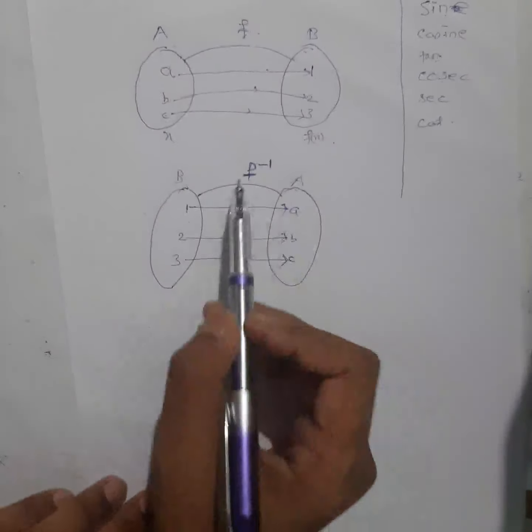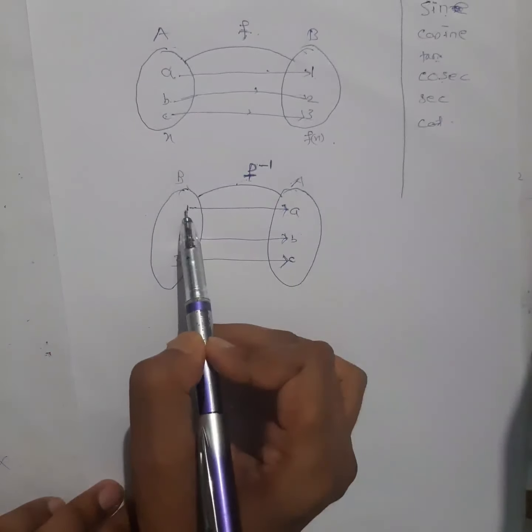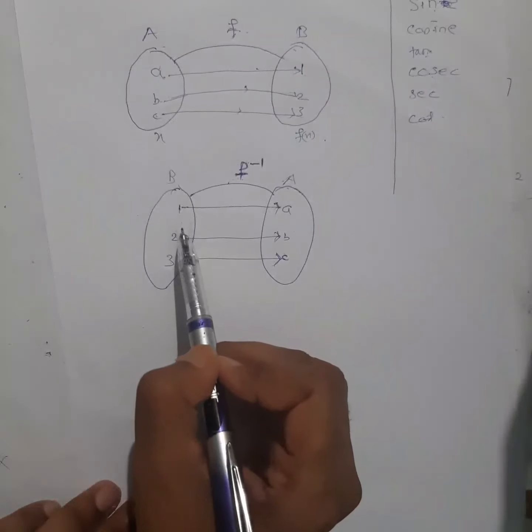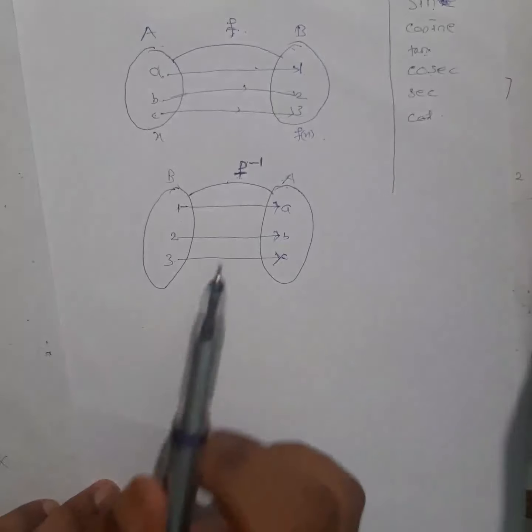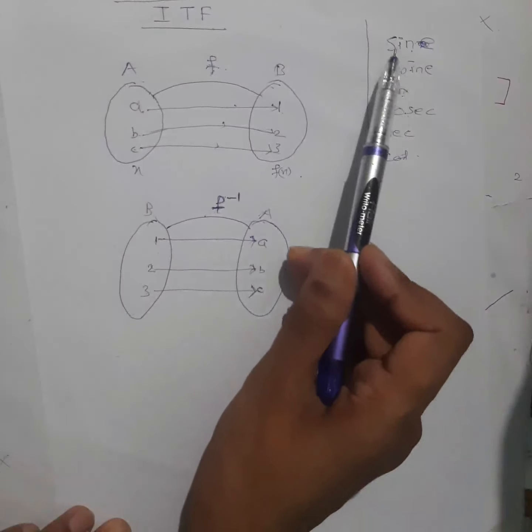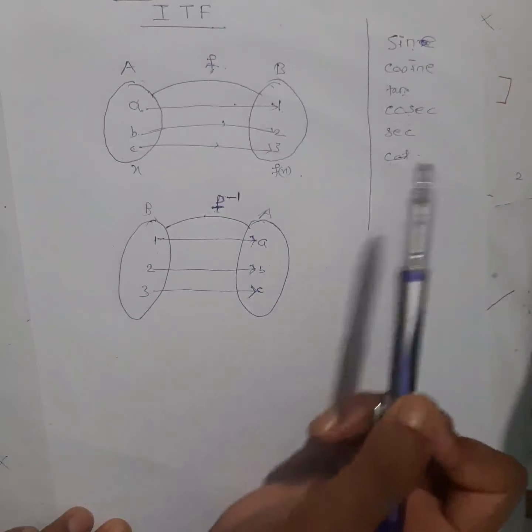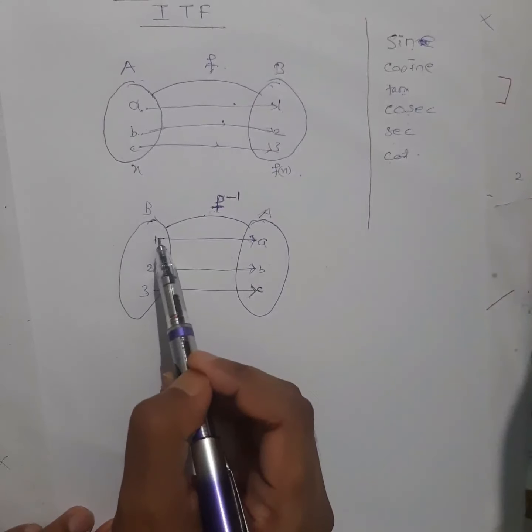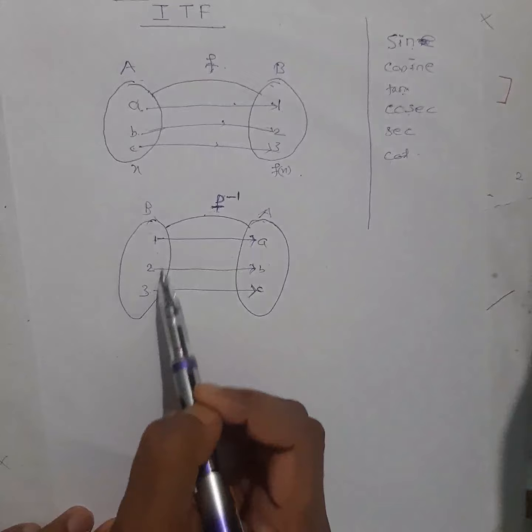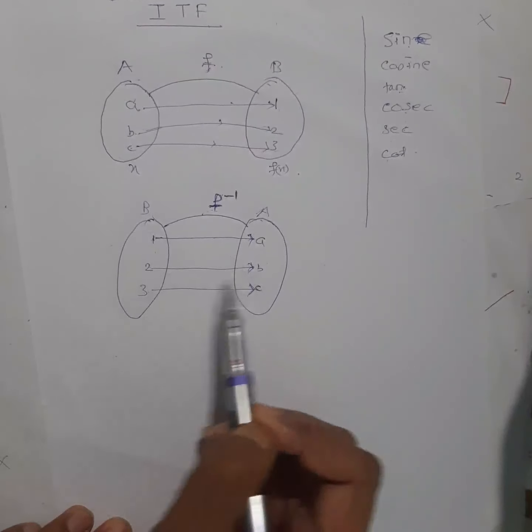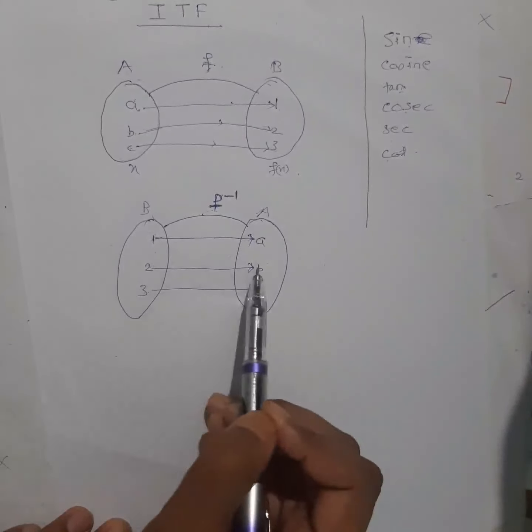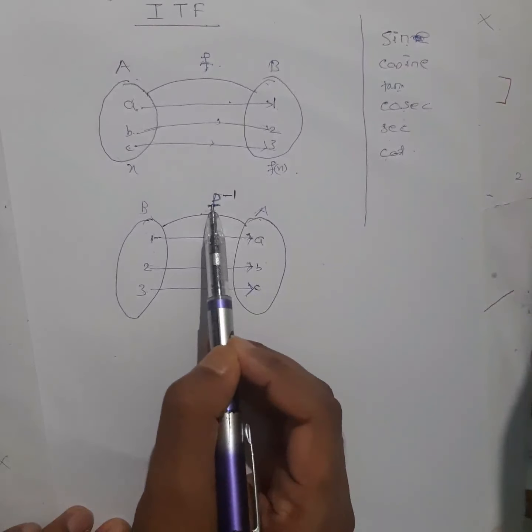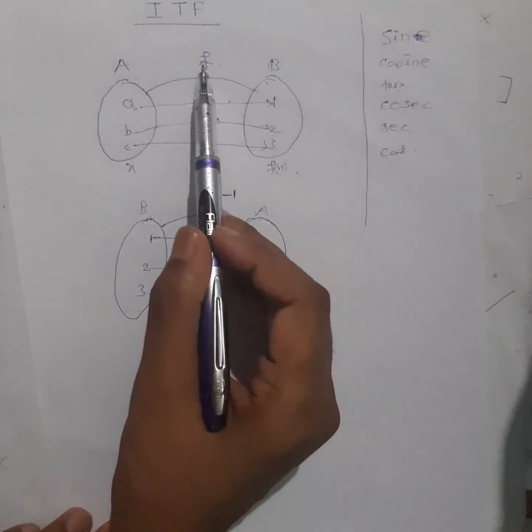To check whether it is a function or not, again what you have to check: is every element having an image or not, first thing. Next, this is very important here, if you want to understand the inverse of the trigonometric function, you need to understand this one first carefully. So you need to check every element is having an image or not. Yes, it is having. And every element has how many images? Exactly one image. So this is also a function, so this will be called the inverse function of f.